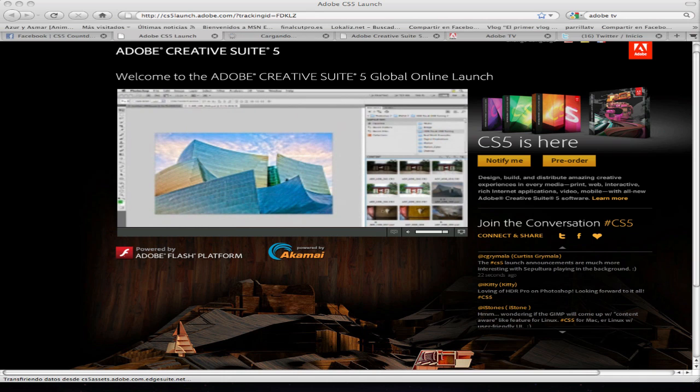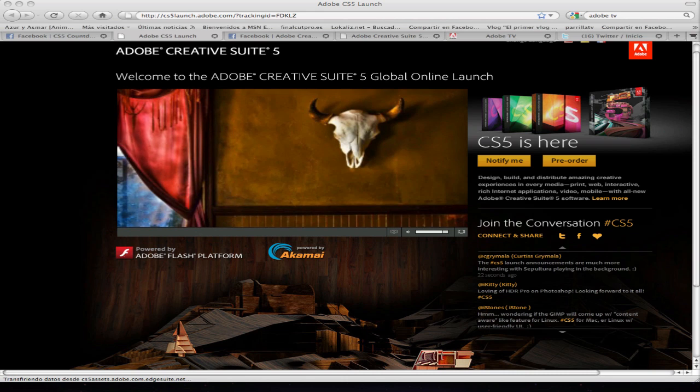Let's take a look at some other examples by selecting this range of images and tapping the space bar to enter full screen mode. As you can see, I've added